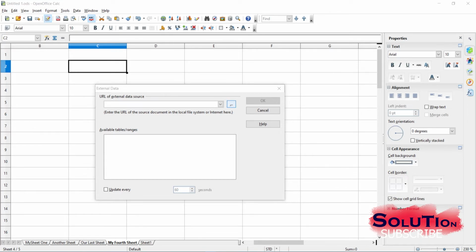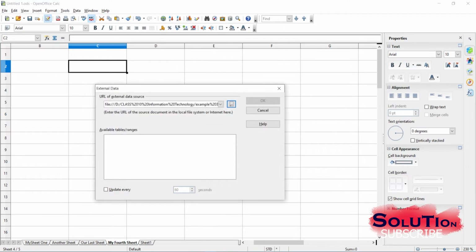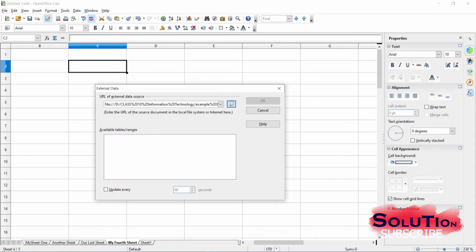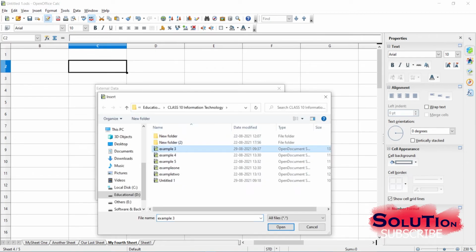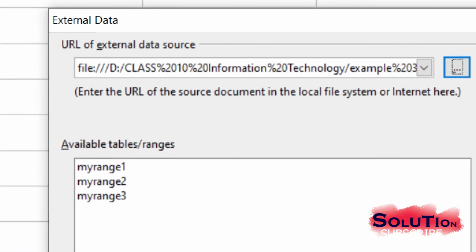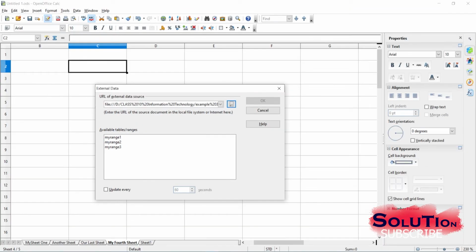So let me click from internet, let me take that, which is there in the example 3 file. Click open. Once I open here, okay, I think I forgot to save this file, so let me save it, and let me go back and click the file again, example 3, open it, and you can see the available ranges or tables it is showing. So we have 3 ranges there, so any range you can select. Let me select this,